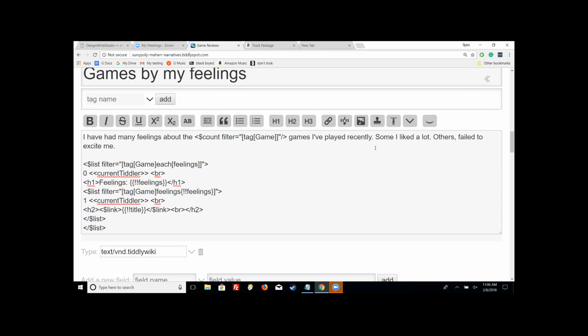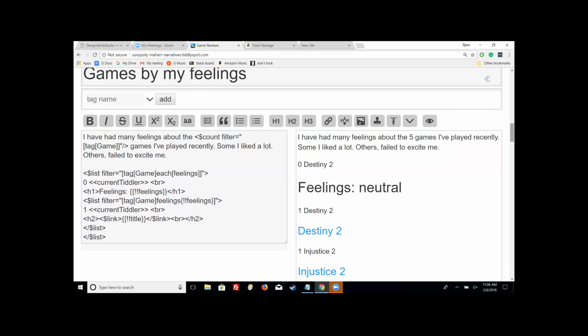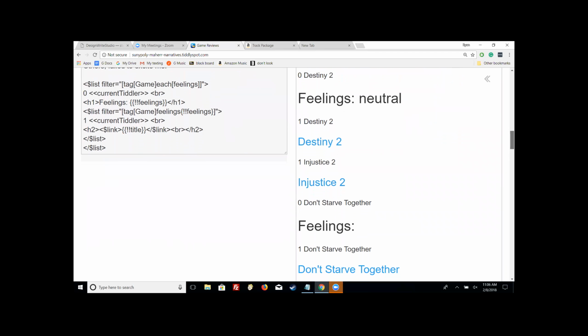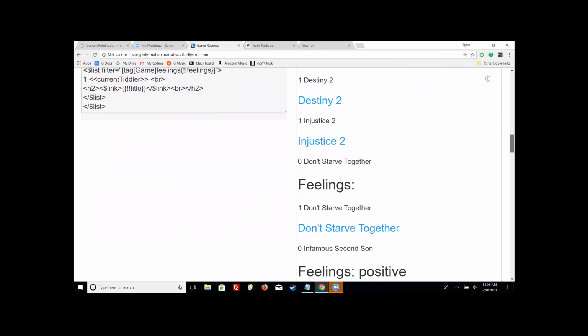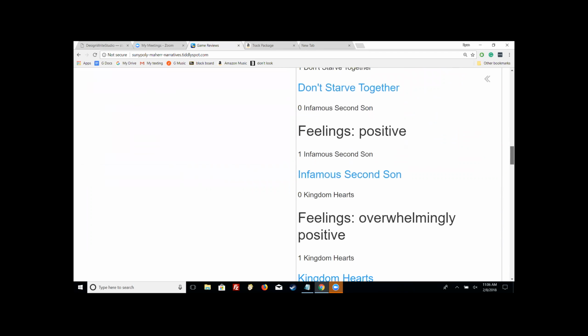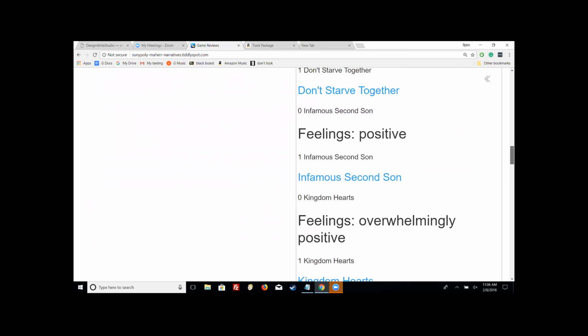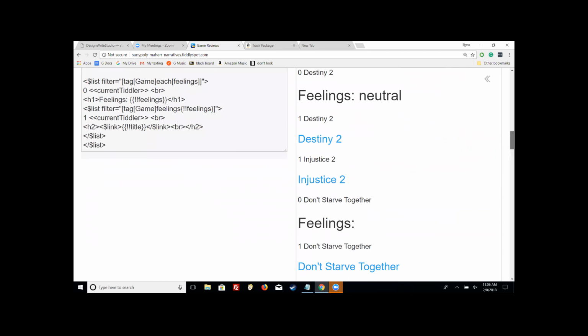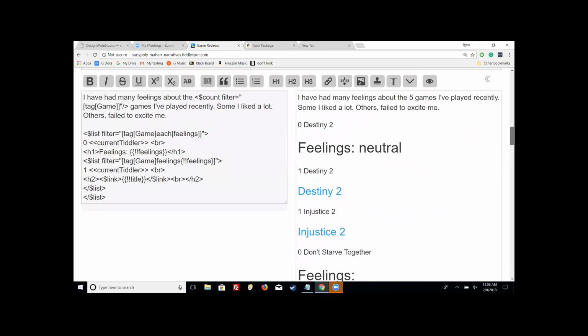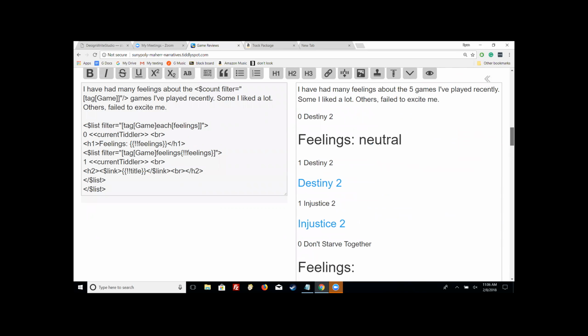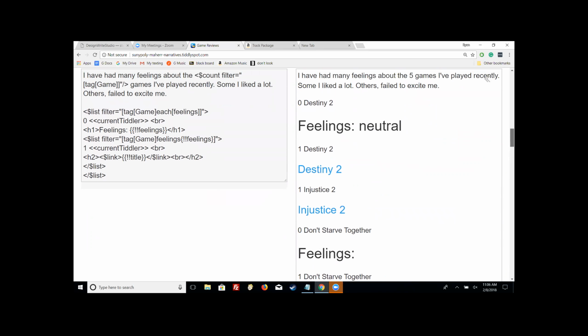Okay, and now open the preview again. And so what it's showing us is what the current tiddler is, what it's going to be operating on. And so if you can't figure out why you're not getting the right fields, it's probably because your current tiddler is not what you think it is. And once that works, then you can get rid of those lines or you can comment them out. Remember how to comment them out?